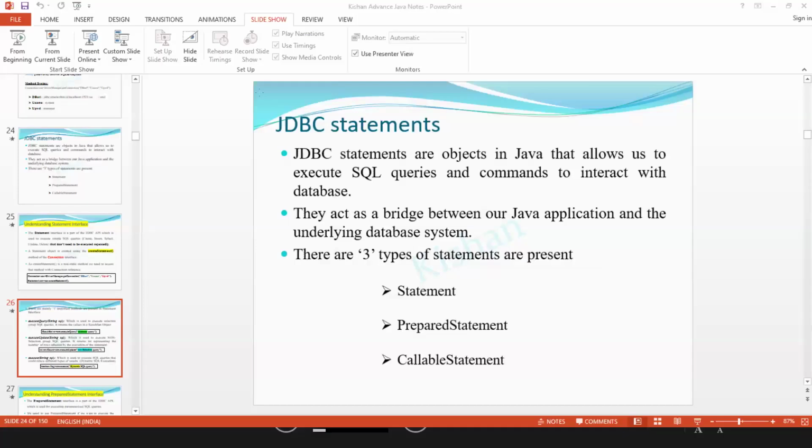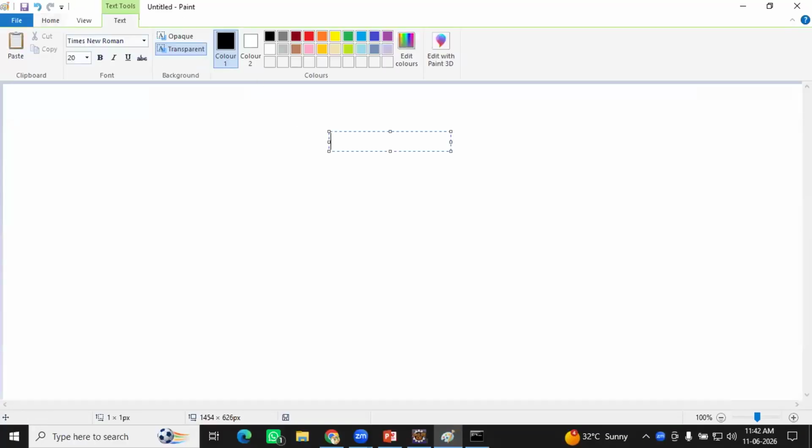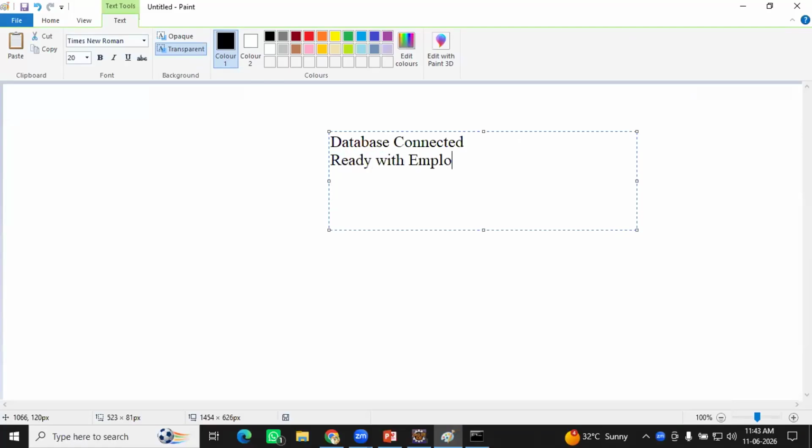Okay. What do you need to display? Database connected. Database connected. Ready with employee table. After that,